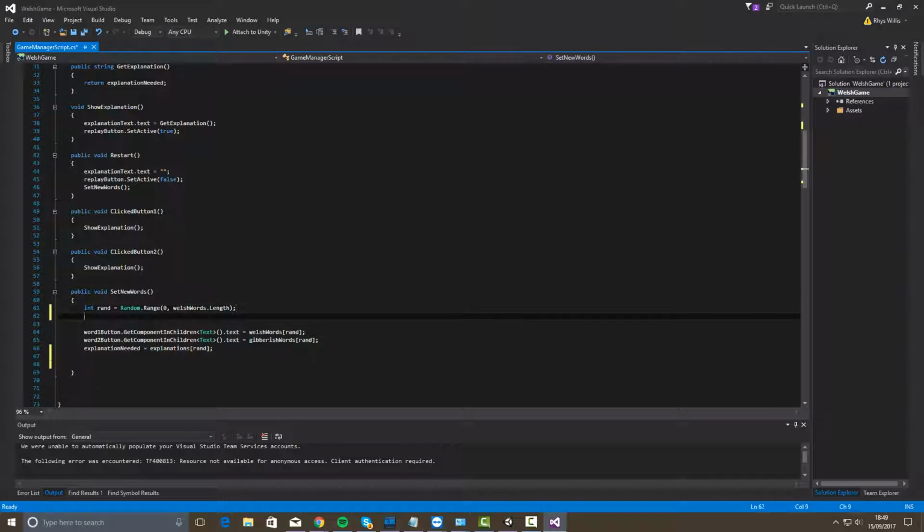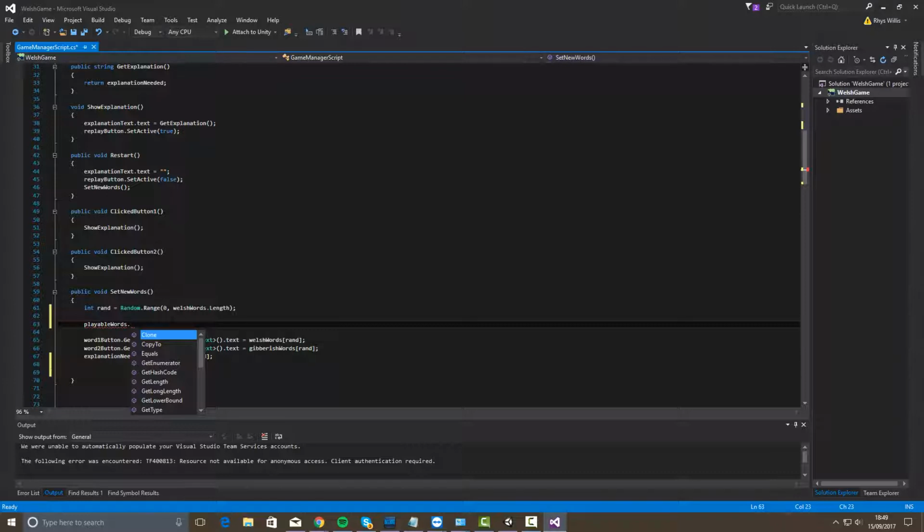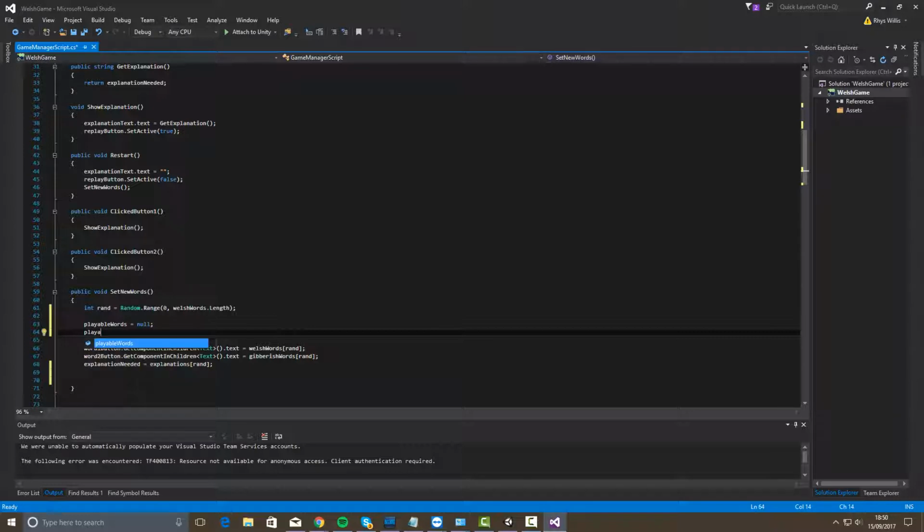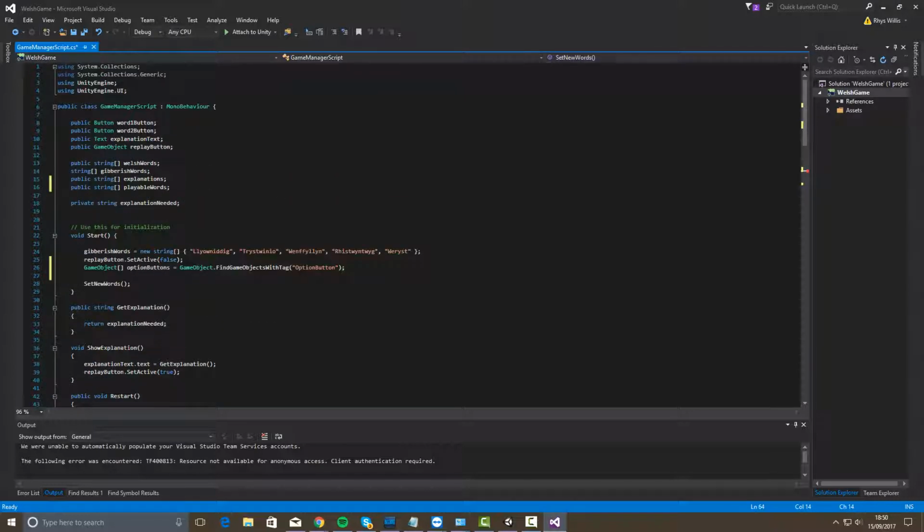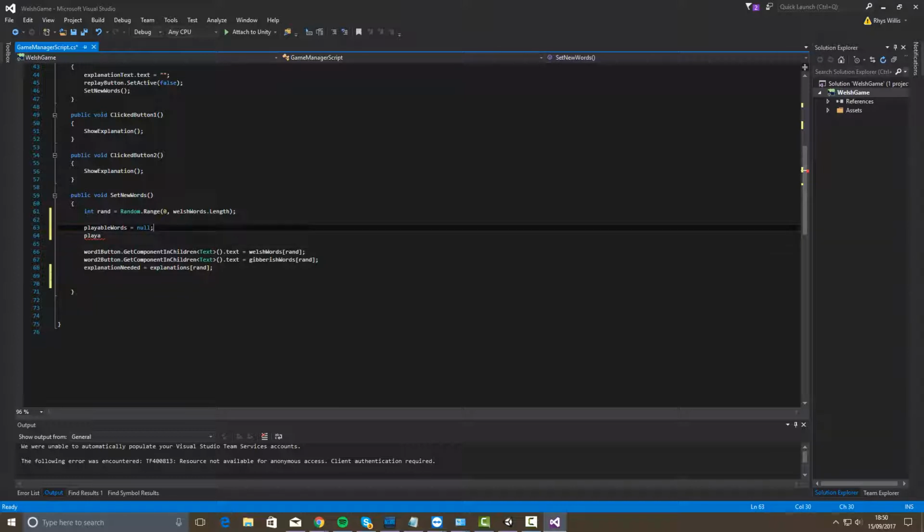And then down here, we're going to say playable words dot... I thought there used to be a clear thing. Playable words equals null. I think that should be okay, because what we first need to do is clear the playable words because we don't want there to be any leftovers. No, that's what we'll do, sorry. We'll make this a list, a list of strings, playable words. There we go. Playable words dot clear. Boom, gone. And then we'll do playable words dot add, and we will add the word